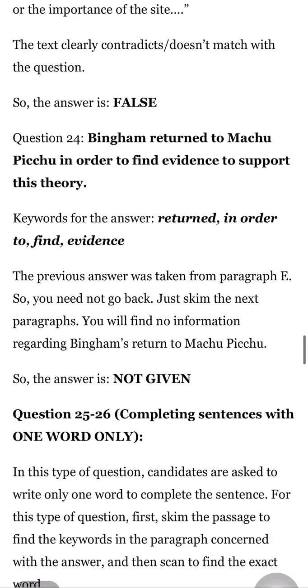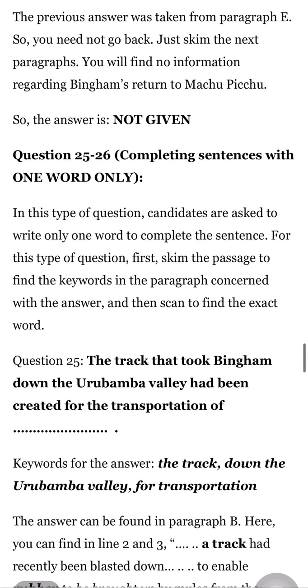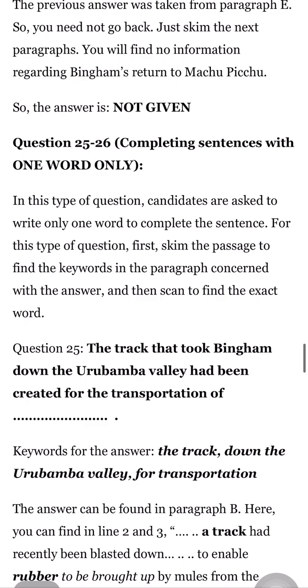Question 25 to 26. Completing sentences with one word only. In this type of question, candidates